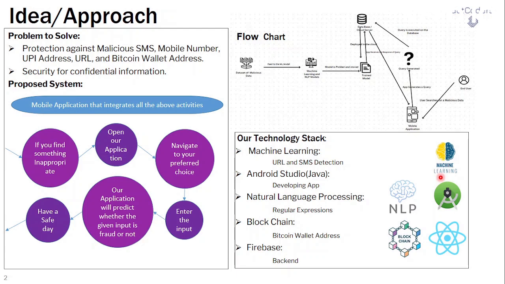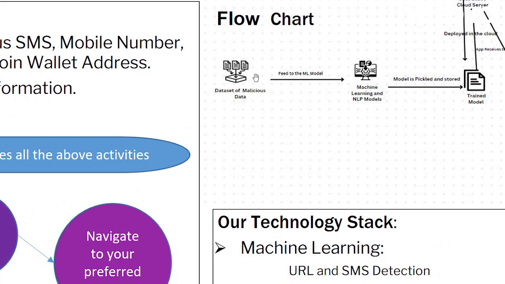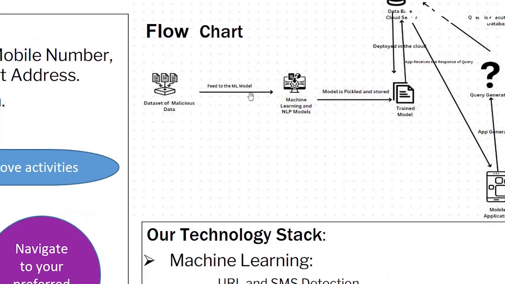By that, I don't mean that we deploy a single machine learning model for everything. We choose the best model for each category. A certain model may work for URL detection, and another model may work for another type of spam detection. So we train different types of machine learning models. Let me get into it a bit deeper. Once the model is trained, it is then pickled.